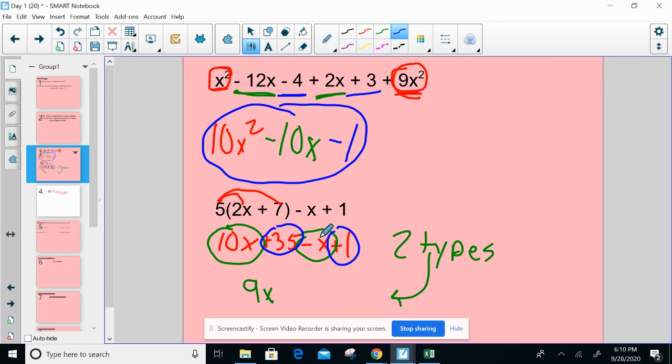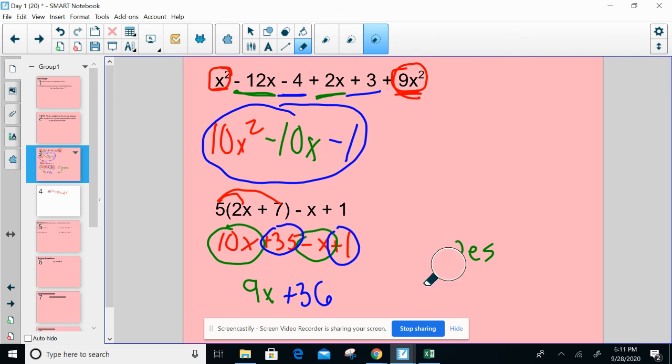Now, unless they cancel, that can happen. But for the most part, you'll see 35 plus 1 is 36. You'll see we had two different types of like terms. So you have two in the answer. Same thing up at the top. You had three different types of like terms. So you'll have 3 in your answer. Like I said, unless they cancel each other out, that will be true for most of these problems. All right, but you'll have to distribute first,